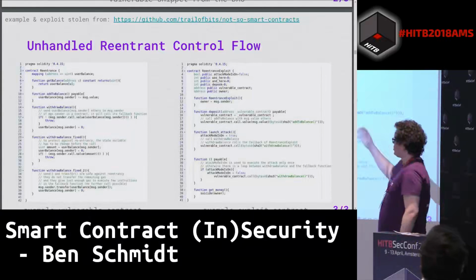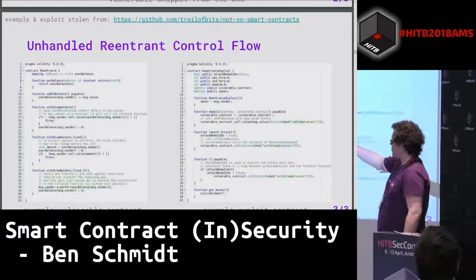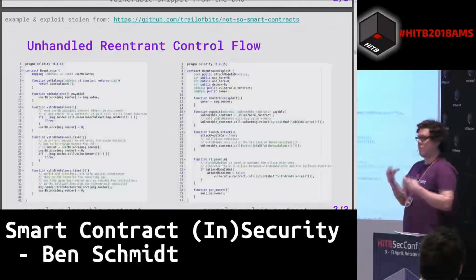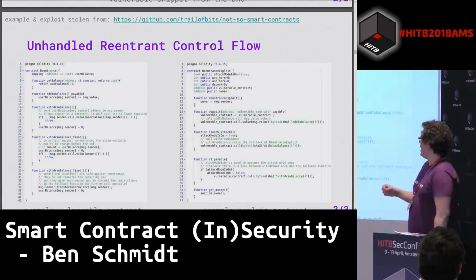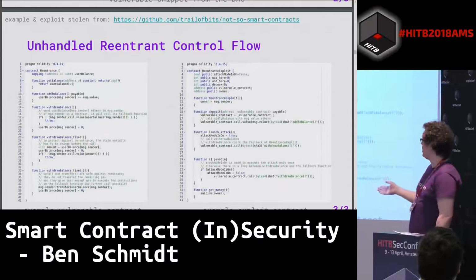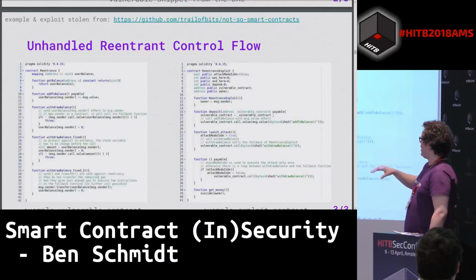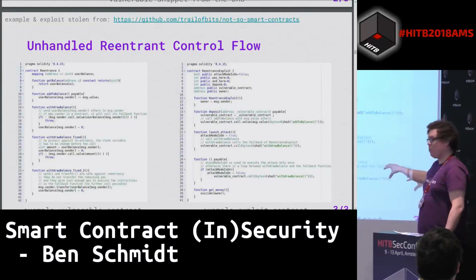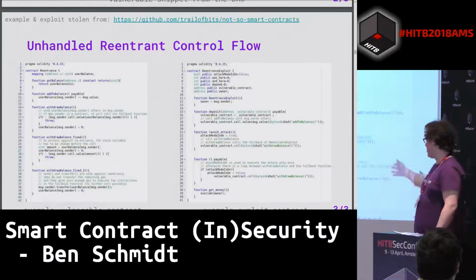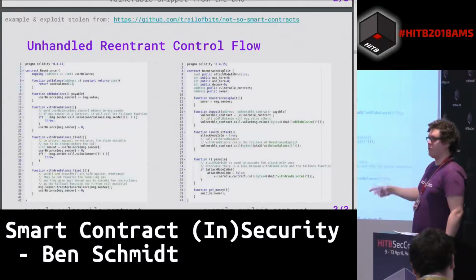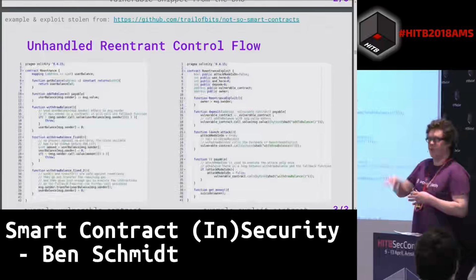As you can see, there's a Re-Entrant contract that basically allows you to withdraw funds from some balance that's recorded on the chain. And unfortunately, it doesn't actually update the balance until after it transfers the funds to those users. So because of that, in this exploit, you can actually call that and then set your fallback function to continuously start dumping. In this case, it only jumps back into the contract once, but you can potentially do that as many times as long as you have enough gas to continue making that call.